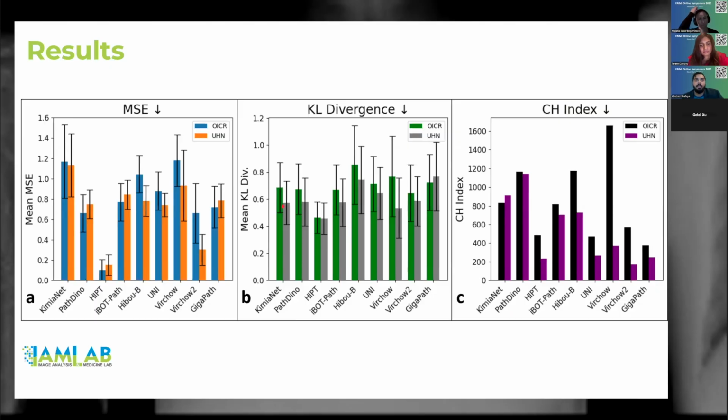So there is still some kind of difference for each of the data sets, as we can see, and also for the clustering. We can see even foundation models like Virchow also have a higher clustering index. Usually for the CH index we prefer the lower value, but in our case we prefer a higher CH index so that the clusters are well separated. But in our case, since we are dealing with the same cellular morphology, we want them to be closer together. But as you can see, we have a higher CH index. That means that the clusters are far apart.